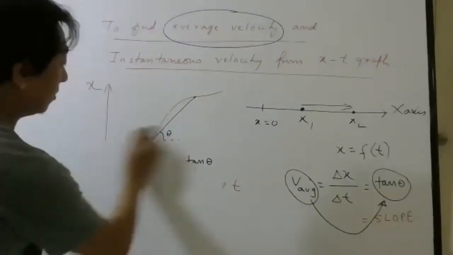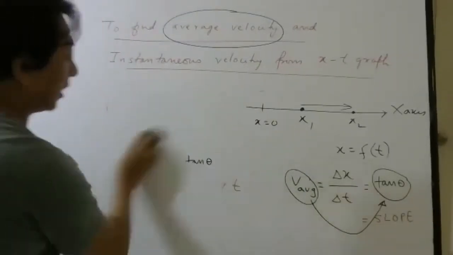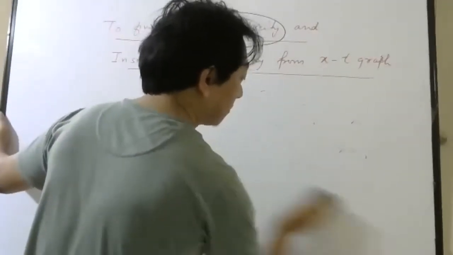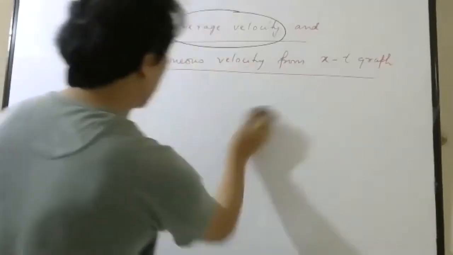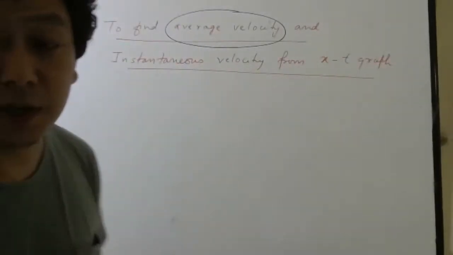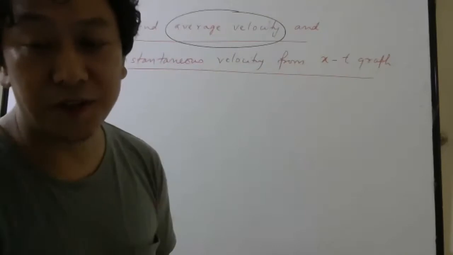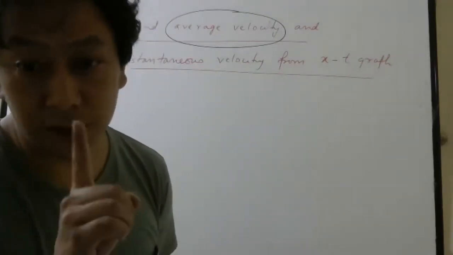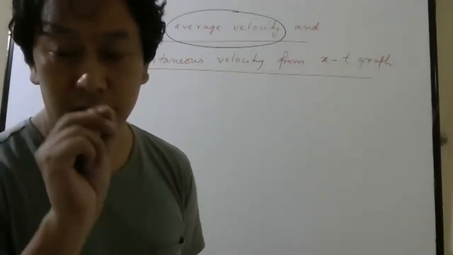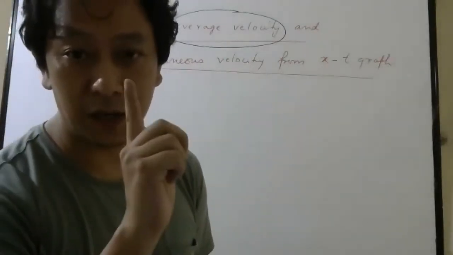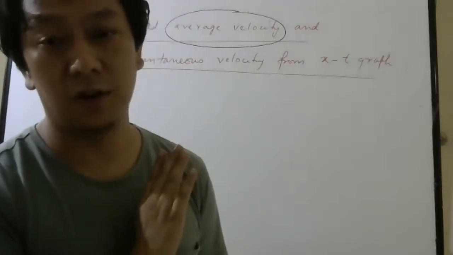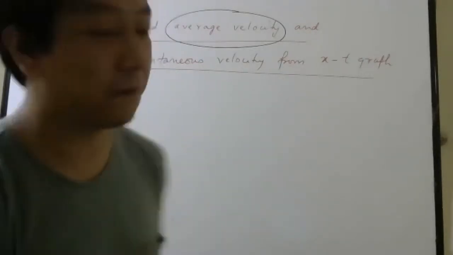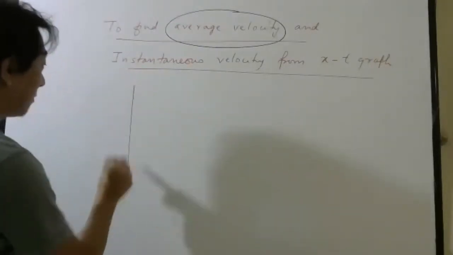Okay. Now, suppose you want to calculate instantaneous velocity. If they want instantaneous velocity, they will talk about 1 point. They will say, sir, find the instantaneous velocity when the time is 10 o'clock, when the time is 10:30, at one specific time. So how to do that part?